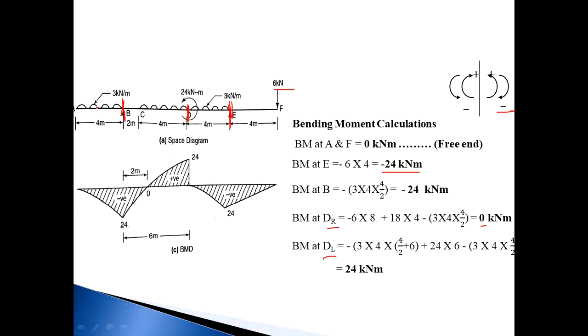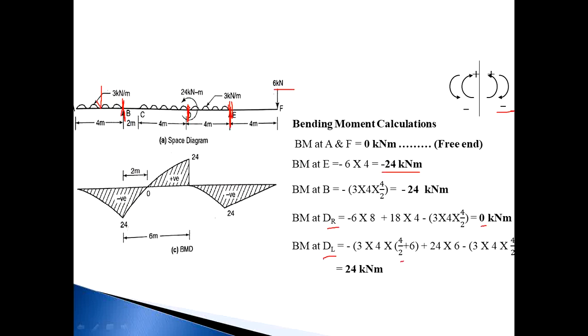On the left side of the section, the forces are the AB UDL, the RB reaction, and the CD part UDL. So start with the direction of moment for this 3 kilonewton UDL, which is anti-clockwise, and on the left side anti-clockwise is minus. RB with respect to D is clockwise, so it will be plus, and this CD UDL is anti-clockwise, so it will be minus. So first for this UDL, minus into 3, the intensity of the UDL, into length of UDL 4, acting at half of this length, that is 4 by 2,